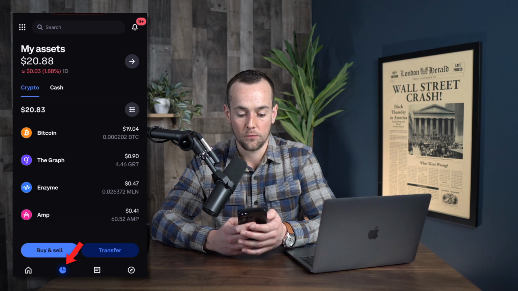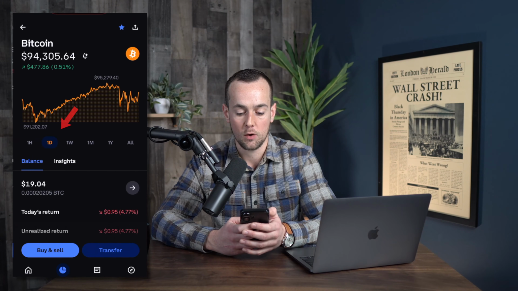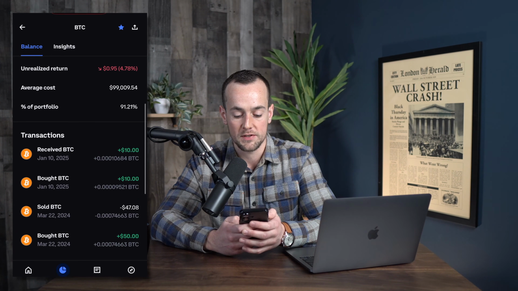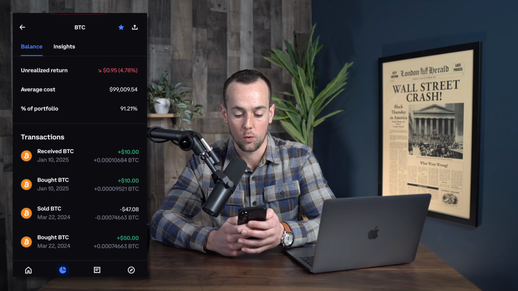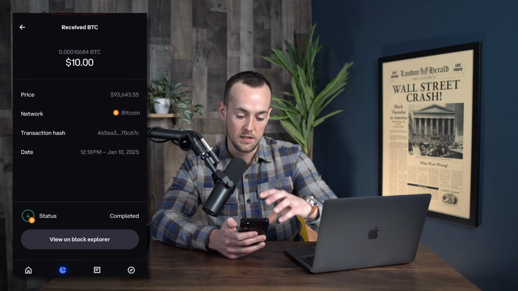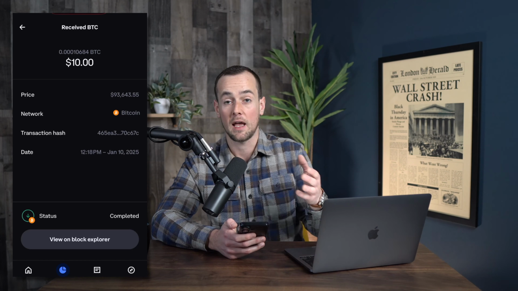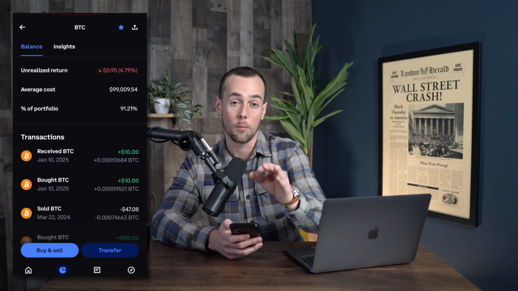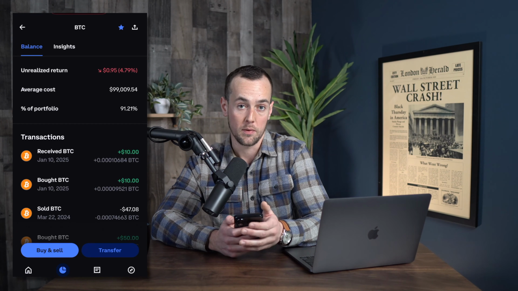So if we click on the portfolio button now and select Bitcoin, we can see here that the balance is 1904 and that we received $10 worth of Bitcoin. If we click on this, we can get details about the transaction, but it has officially completed. And now we can actually send this Bitcoin back over to Cash App, just so you're familiar with how